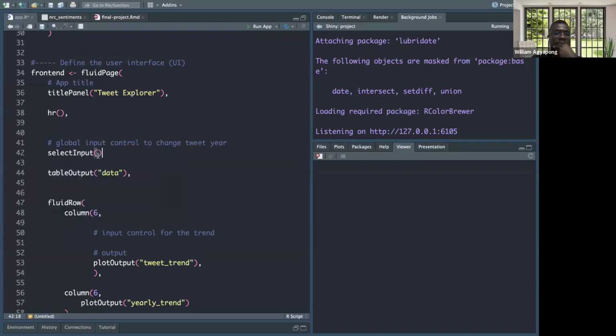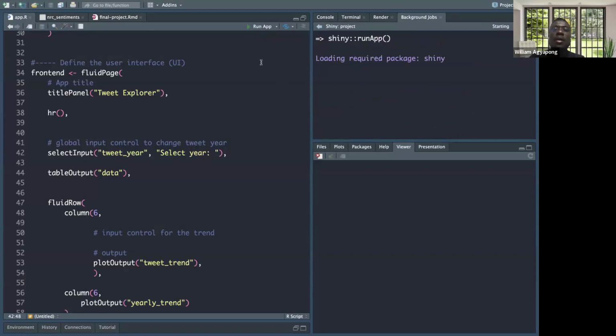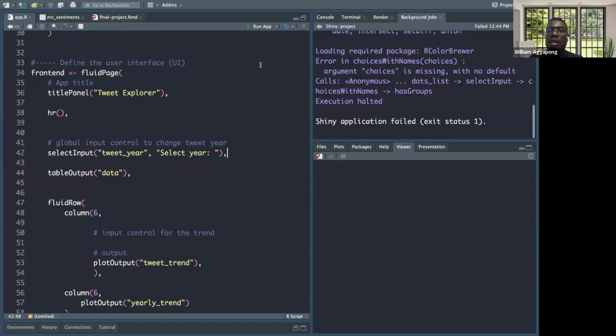Okay? Select input control. As usual, just like the output, the input has got what? IDs. So what ID? I can call this maybe tweet year. The tweet year, like that. And what do I want the user to see? I'll just say select year. Okay? As simple as that. Now, if I reload the app again, we can see that